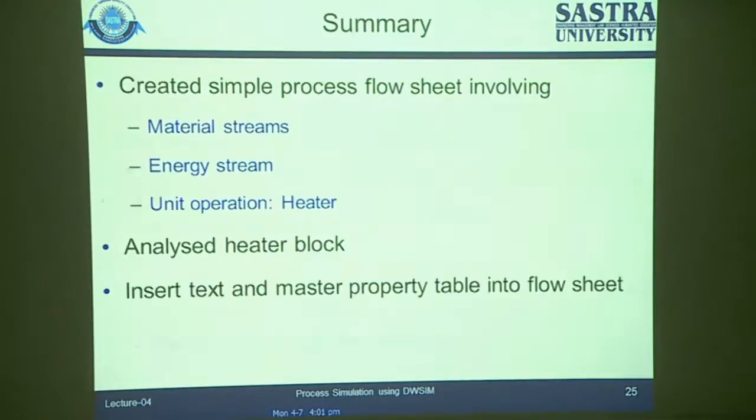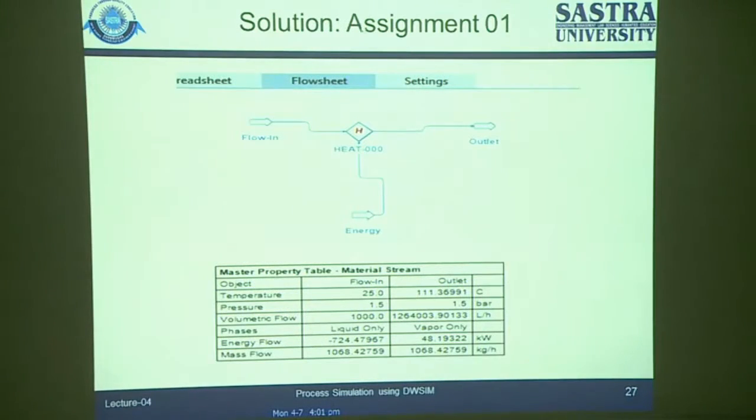So let me go to that slide. We just have a simple heater block which will have an inlet, an outlet and an energy stream. But this heater block will be specified such that the outlet vapor fraction is 1. Now that is clearly visible in this master property table that I have got upon simulating this